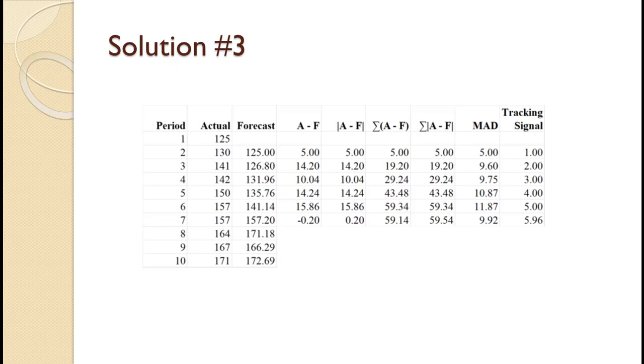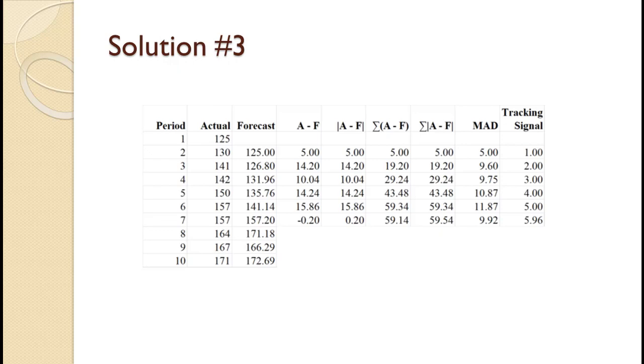The cumulative A minus F is 59.34 plus negative 0.2 equals 59.14. The cumulative absolute value A minus F is 59.34 plus 0.2 equals 59.54. The MAD is the cumulative absolute value A minus F value of 59.54 divided by 6 equals 9.92. Finally, the tracking signal is the cumulative A minus F value of 59.14 divided by the MAD of 9.92 equals